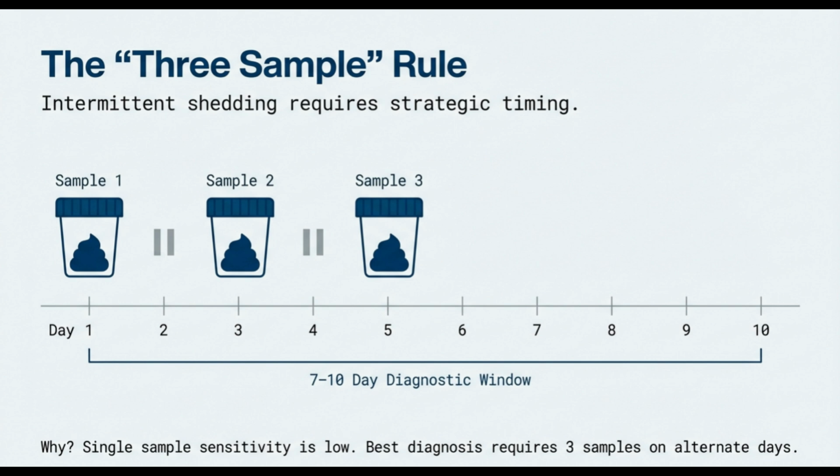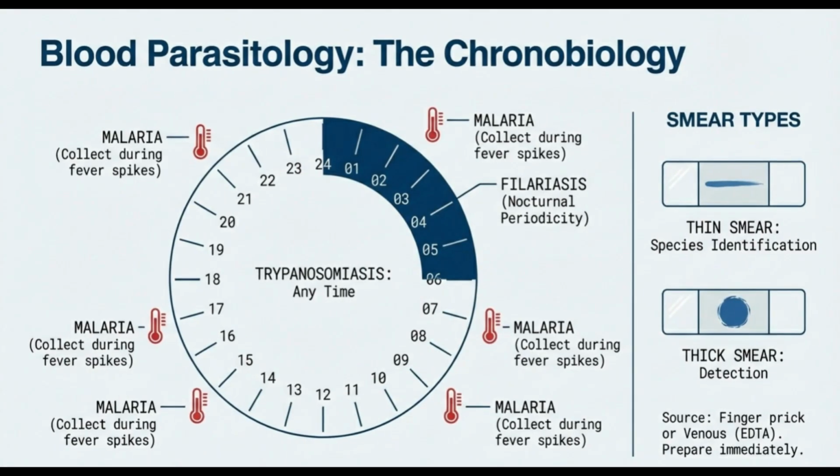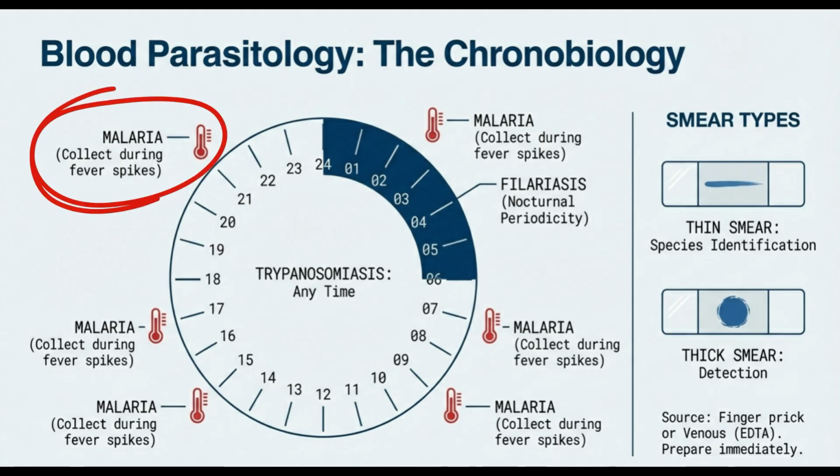So this strategic timing, well, it's non-negotiable for a reliable diagnosis. Okay, let's shift gears from stool to blood, where timing, or what we call chronobiology, is just as critical, maybe even more so. This clock diagram is a perfect guide. For malaria, the parasites are easiest to find in the bloodstream during fever spikes, so collections have to be timed